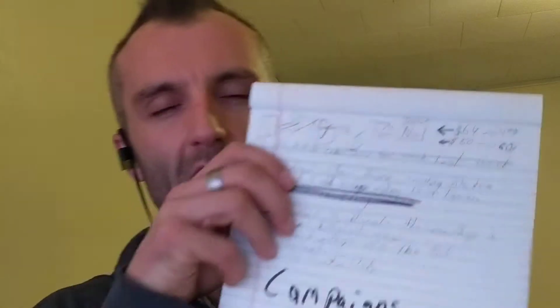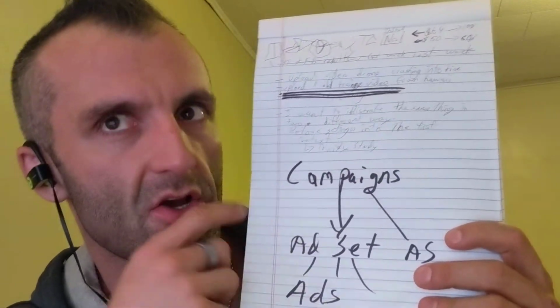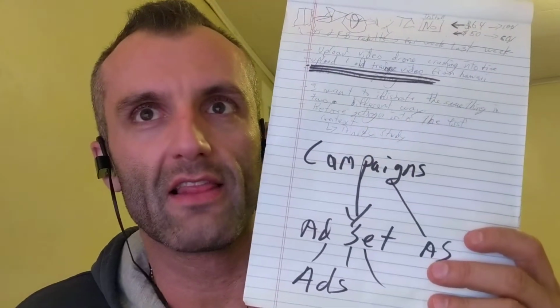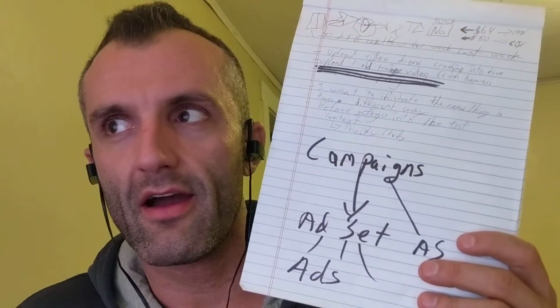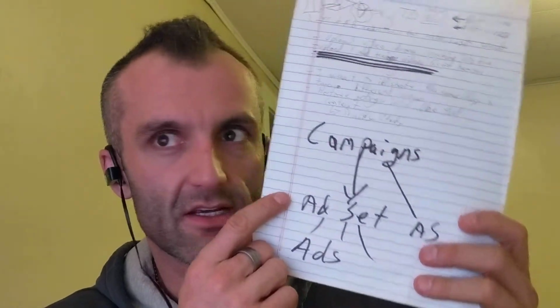Mind my awesome handwriting, is that you have campaigns, which is the most high level thing. It kind of encompasses all of the ad sets. I'm not sure what the campaign is, so I'm trying to figure it out for myself. But the campaign would be like